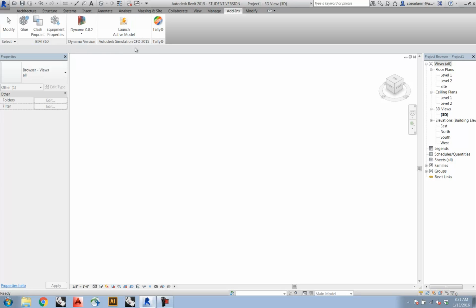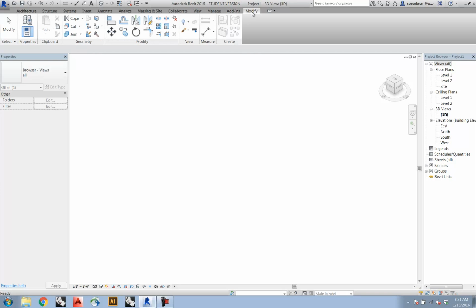So this is looking at the way that air might move around the building. And Tally is a really interesting tool developed by Kieran Timberlake that allows you to pull material quantities from your building and look at lifecycle analysis, say if you were trying to get a certain LEED rating for your project, this tool would be really handy. And then lastly, the Modify tab at the very end here is where you actually can